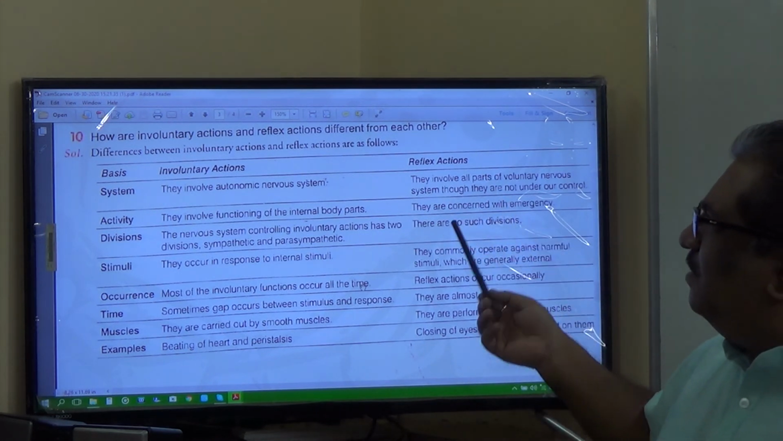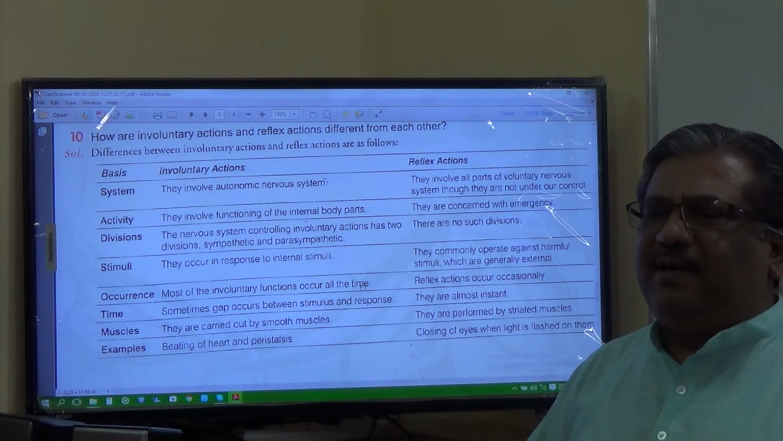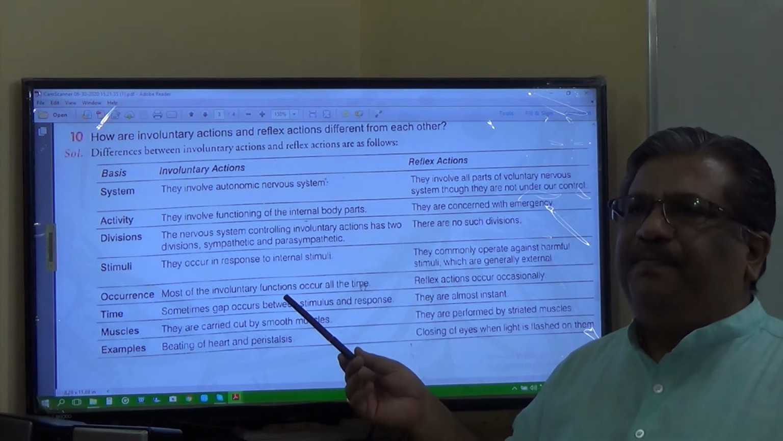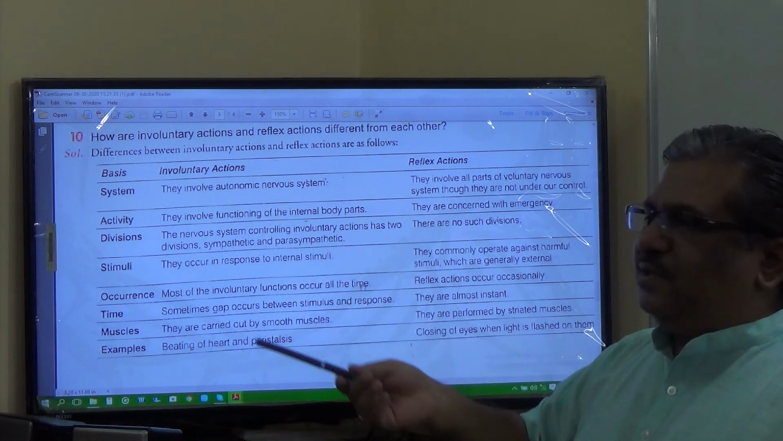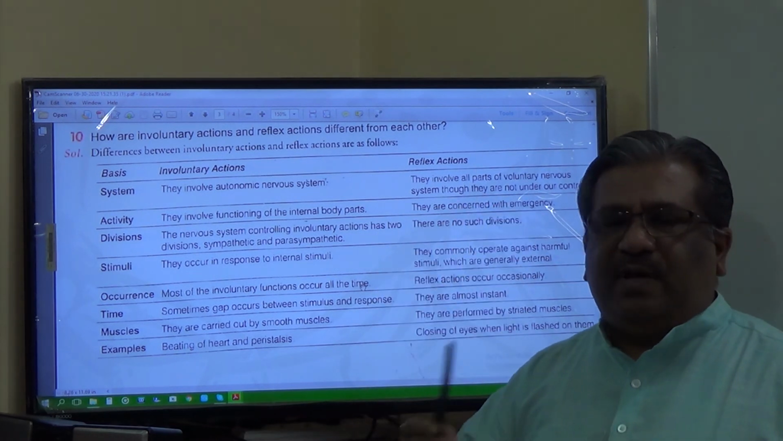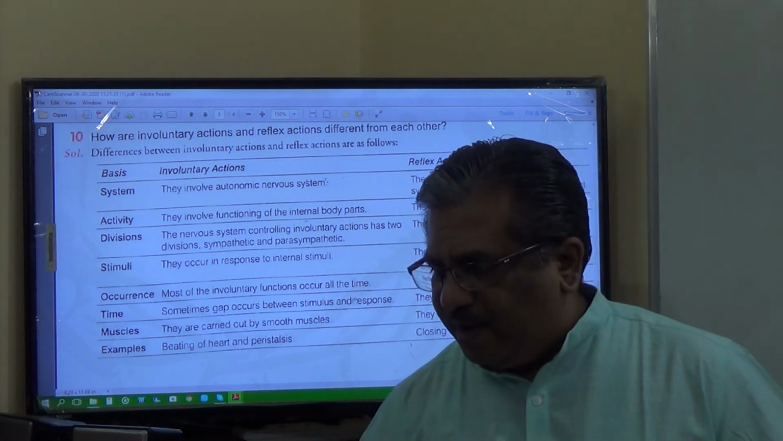Some of these, I hope you should be able to write, after reading and going through this chapter so much. Probably you should be able to distinguish between the involuntary actions, voluntary actions, and reflex actions also. So think over and try to distinguish between all these three. Okay. Next,